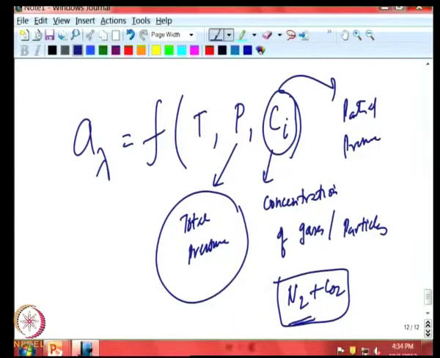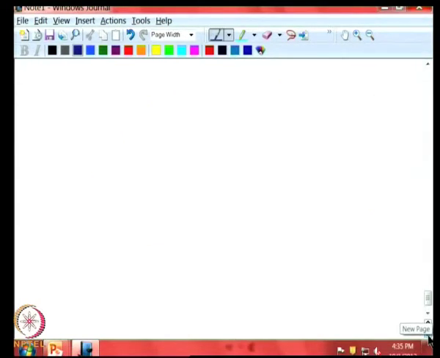Now, this concept will be dealt with in great detail later in this course, when we look at how to get this function A lambda. But right now, we will look at a non-scattering medium, that is, neglecting the scattering function, and we will look at the absorption function and